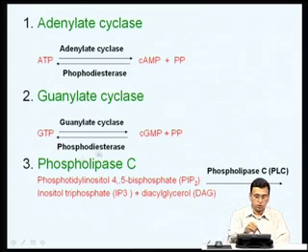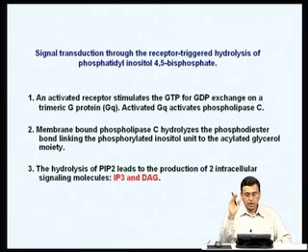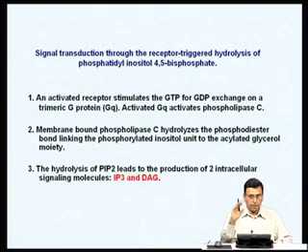So, the focus today is going to be about this particular aspect. Signal transduction through receptor triggered hydrolysis of phosphatidylinositol 4,5 bisphosphate primarily happens when a receptor, which is activated by a signaling molecule, it could be a ligand, it could be a small molecule, or it could be a polypeptide hormone, results in the stimulation of GTP to GDP exchange on a trimeric G protein,